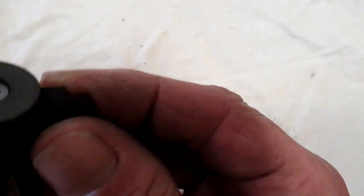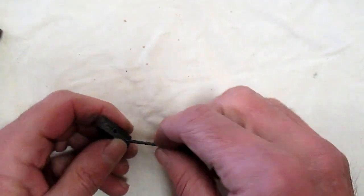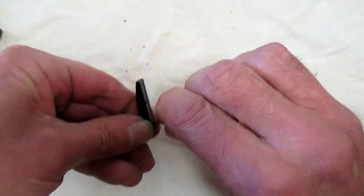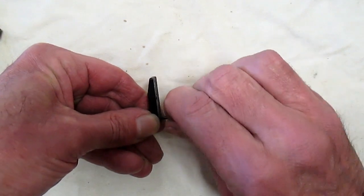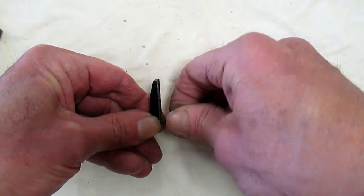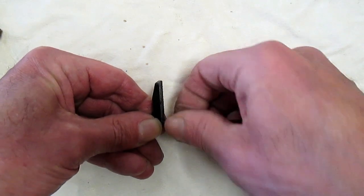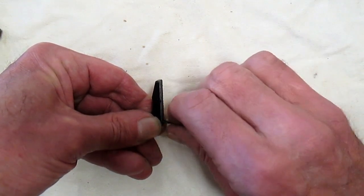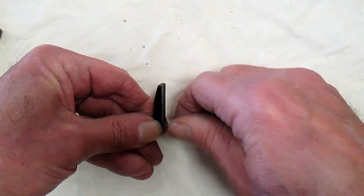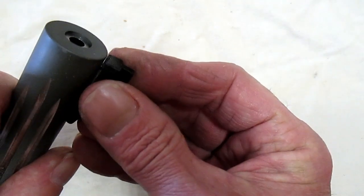So now the next concern is that we got that hole deep enough that the pin will drop all the way on, and I can see it just wiggling a little bit, telling me that that hole still has to go down a little bit farther than it is, because it's hitting the top of the pin. But I know I have the hole deep enough in the design. It's just when it prints. So this is probably your safest method of going in there and cleaning this stuff out. You don't want to go in there with a drill, and next thing you know it pops out the other side. So just go in there a little bit at a time, and once you get it deep enough,